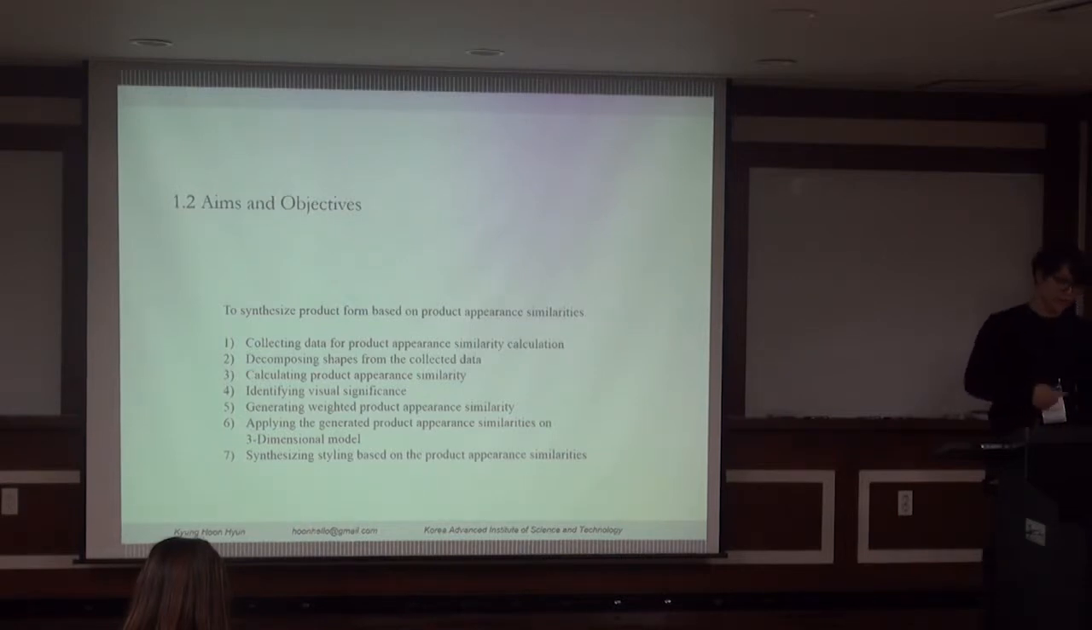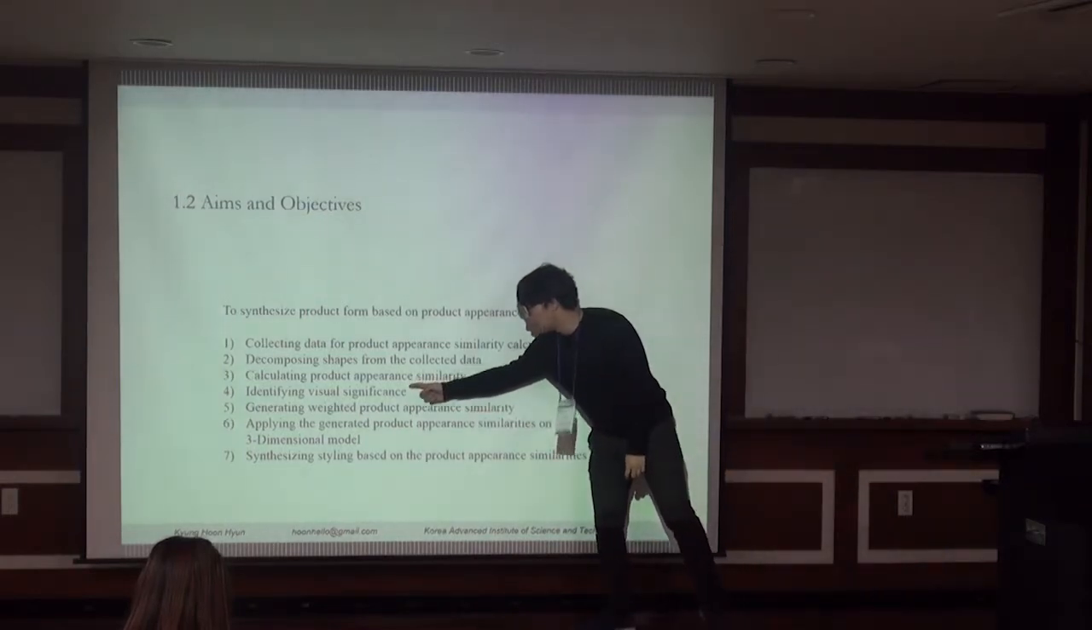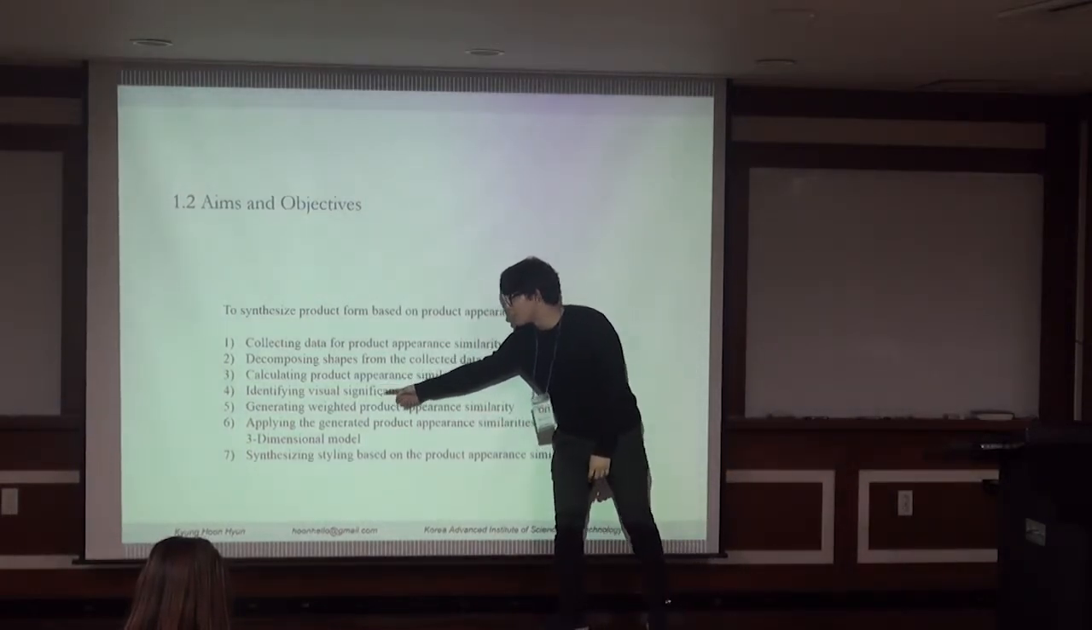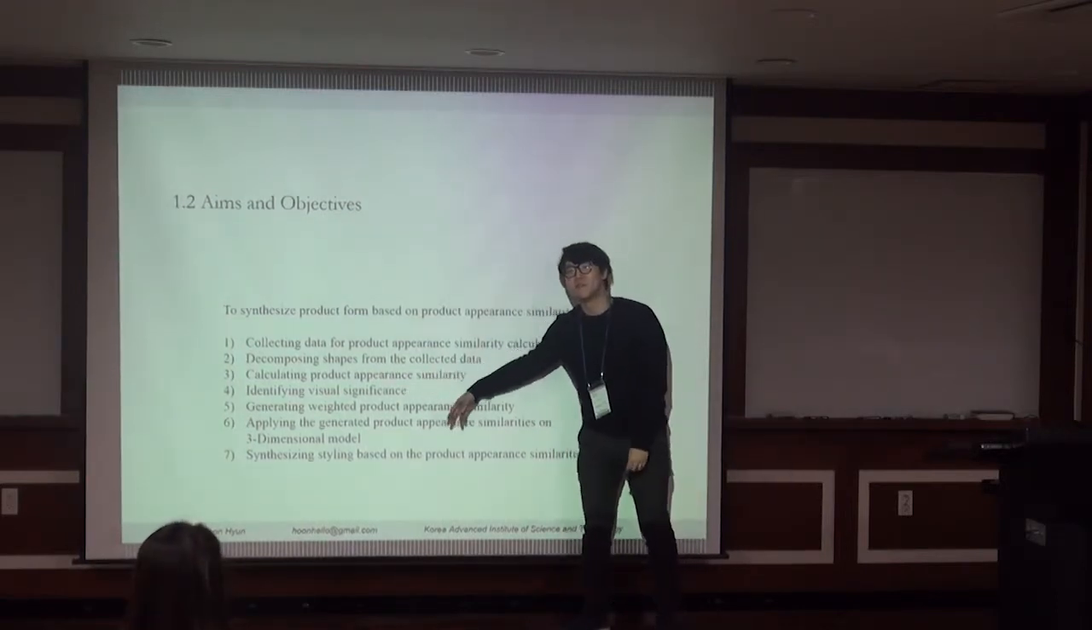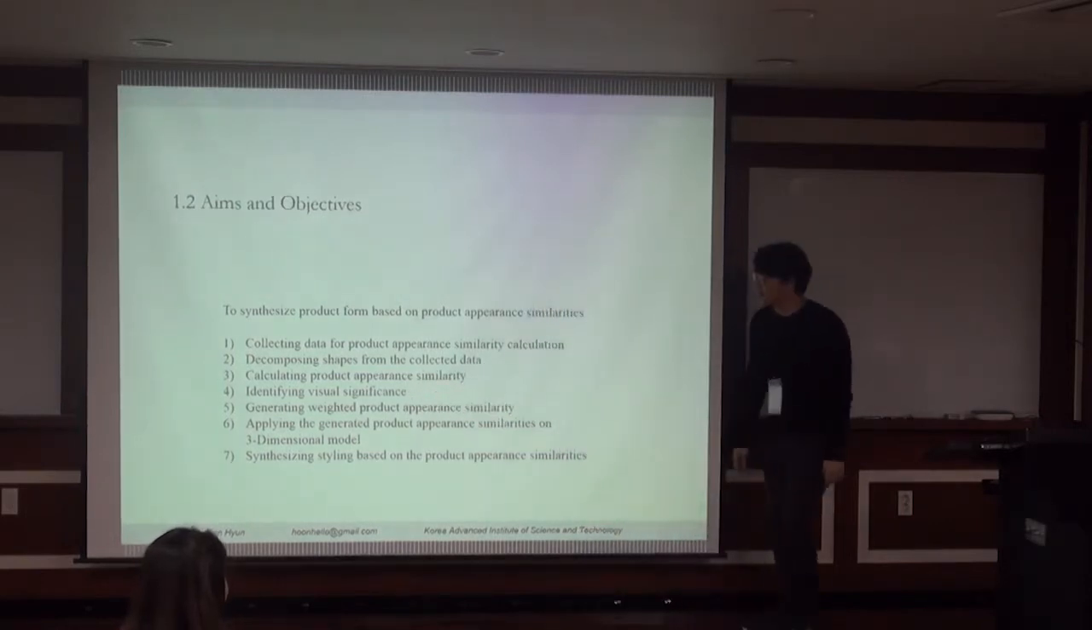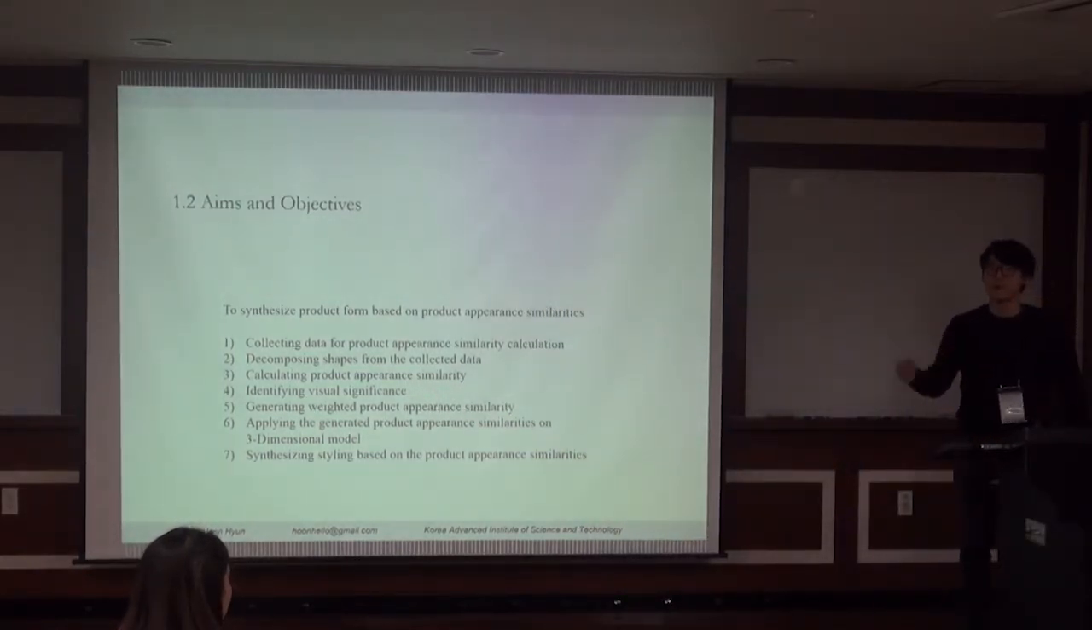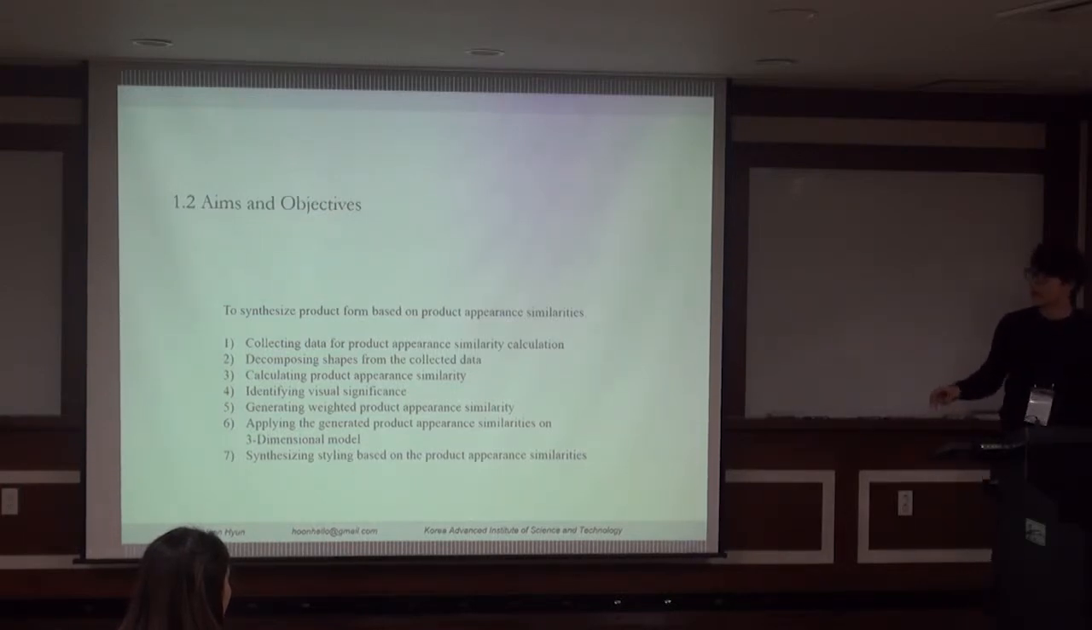So to do that, I collected data to calculate the similarities of the product appearance. And then I decomposed the shapes from the collected data. And from the collected design elements, I calculated the similarities. And then from the decomposed shapes, I identified the visual significance. And based on these two values, I used a weighted value. Then I applied the similarity value to the three-dimensional axis. And based on that, I synthesized car